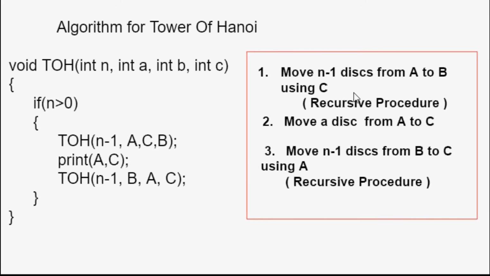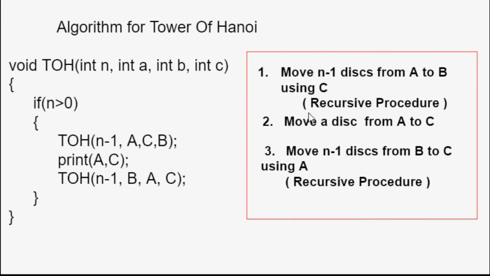Now this is a recursive procedure, which means I need to make a call to the function again. So here I am making a call to the function, that is TOH. Inside that I am passing the parameter number of disks n-1. Then from A to B. Now A is your source, B is your target and C is the auxiliary. So I am going to write C in the middle of A and B.